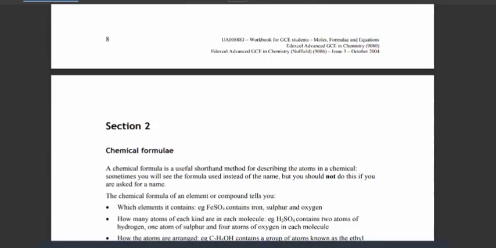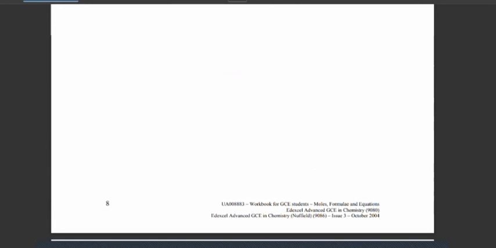Formula, writing the chemical formulas. Okay, so I will tell you the simplest way of writing the chemical formulas from their names. Okay, so here we start. We need to know the periodic table first. Means in the periodic table,